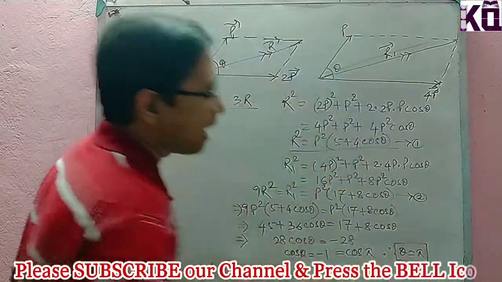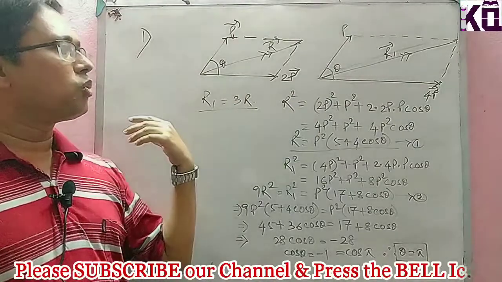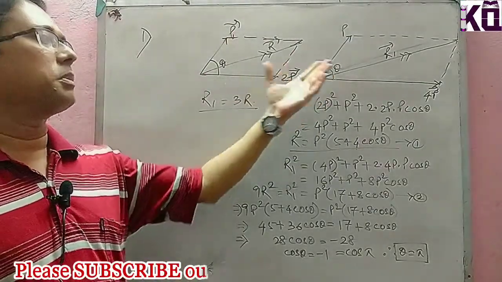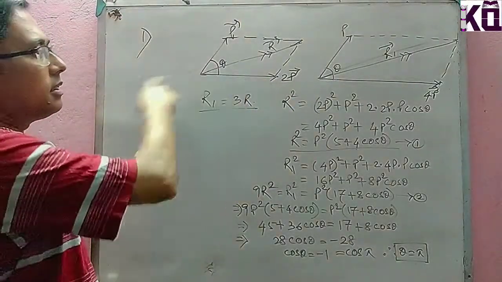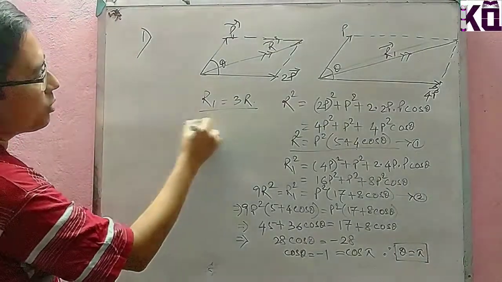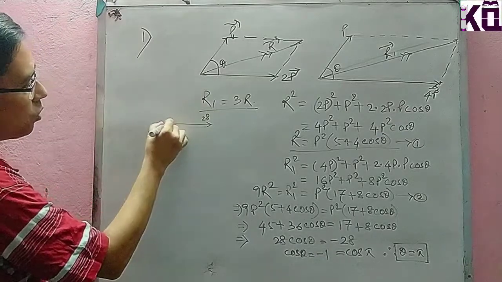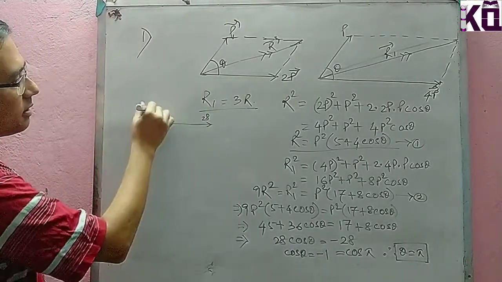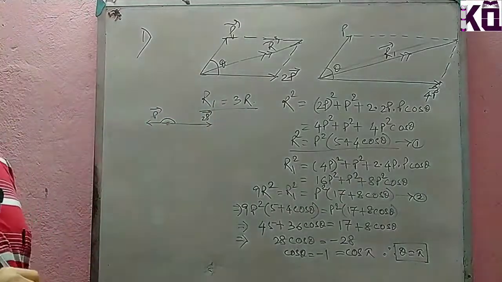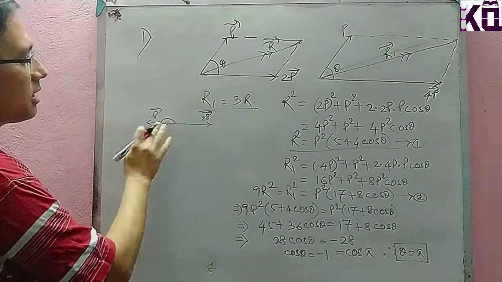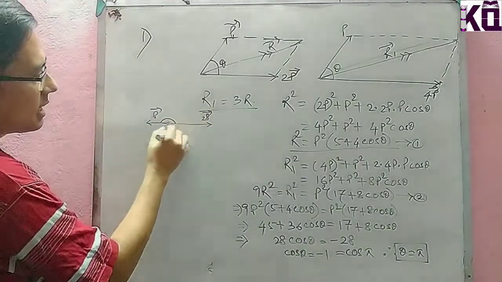So this is the angle between these two. In this particular case, when we want to identify the value of theta, theta is nothing else but equal to pi. So that means 2p and p must be in the opposite direction. If I write this here, 2p in this direction, there is the p vector in the opposite direction, because the angle in between is pi. So what is the resultant? Here this one is more, this one is less, so 2p minus p should be there and you will get p as the resultant value.